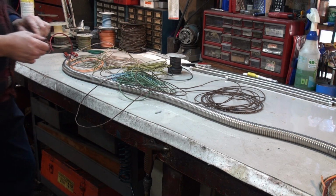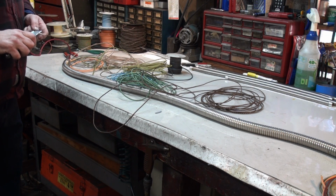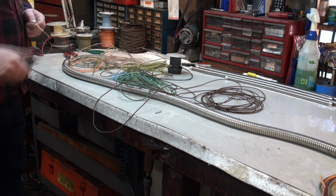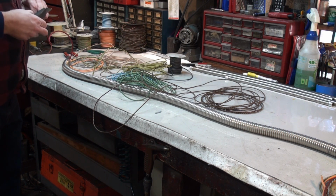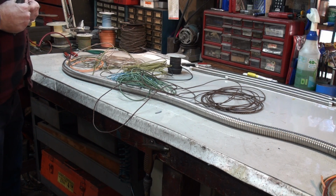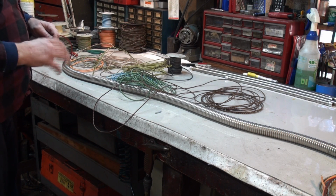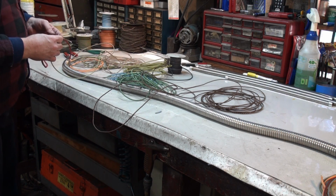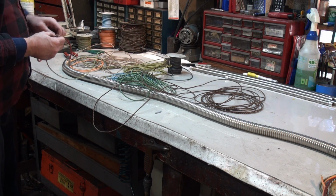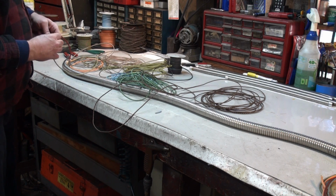Yeah, this is old wire and it doesn't like to skin off too well. Ouch, there it goes. So, and the reason why we want that length is so we can stagger down the wires we're pulling